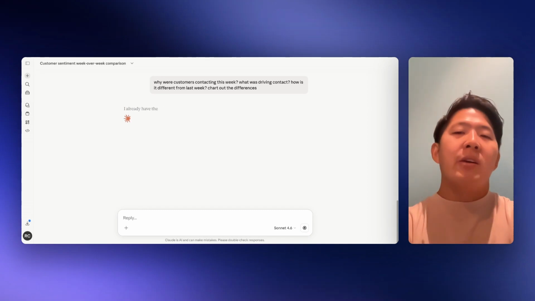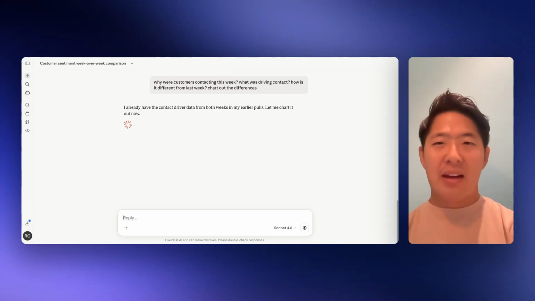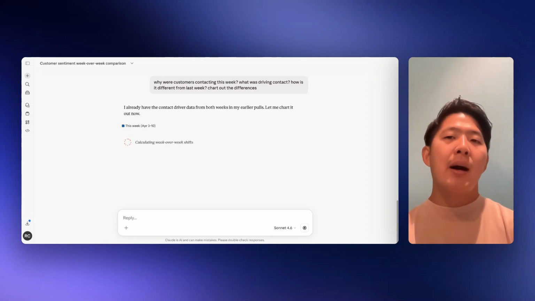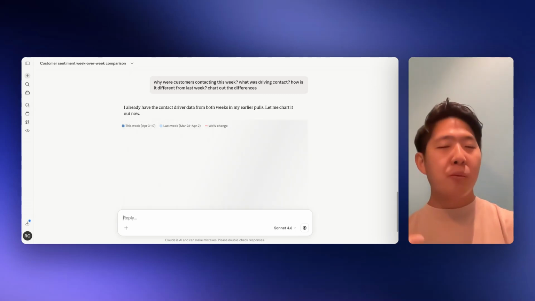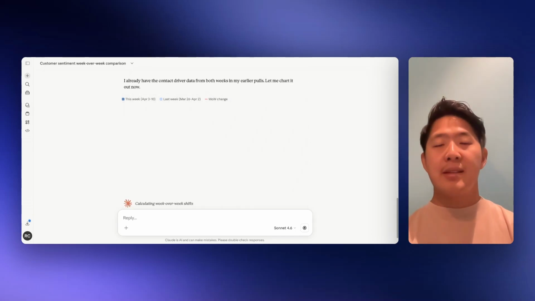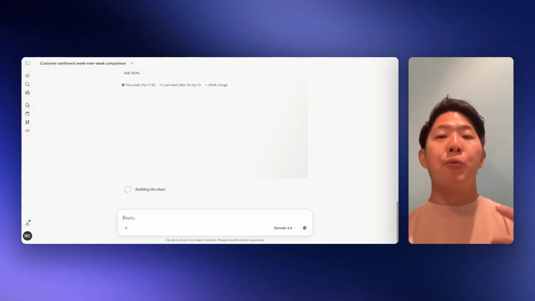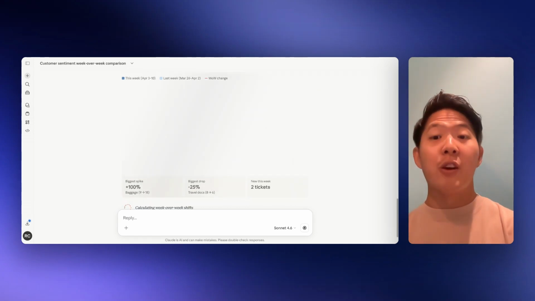So some people ask, why not connect Claude directly to the help desk? And I actually tried that, connecting Claude directly to the help desk, and I realized that when you connect it directly to the help desk, not only does it have to do more API calls because it has to call multiple tickets that have not been processed and aggregated, it has to do the analysis itself. And then the output is also not as good as calling from data that has been pre-enriched with various signals.